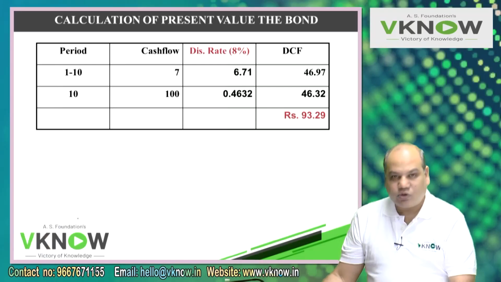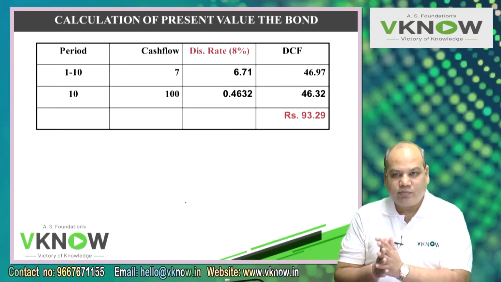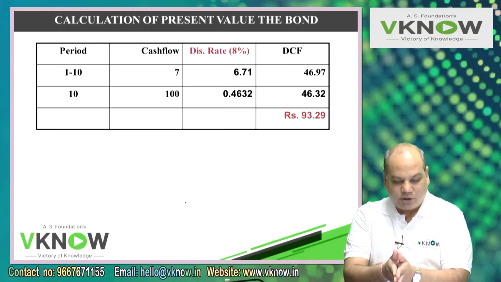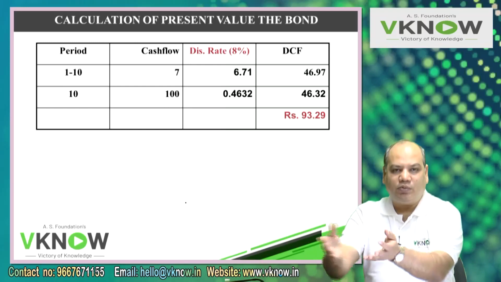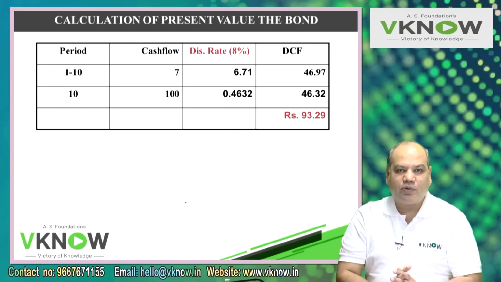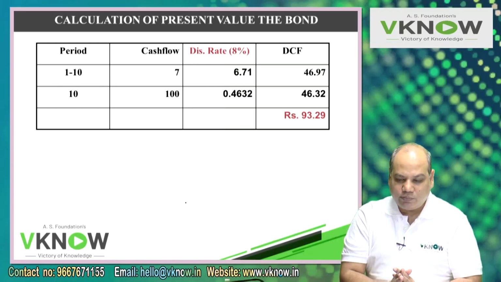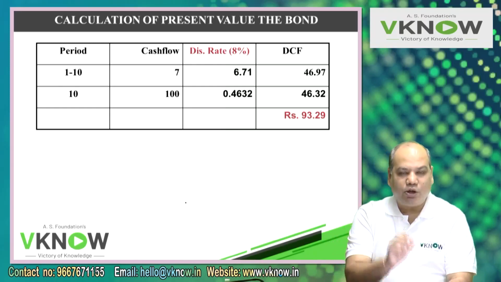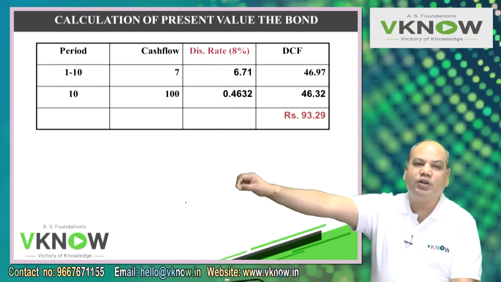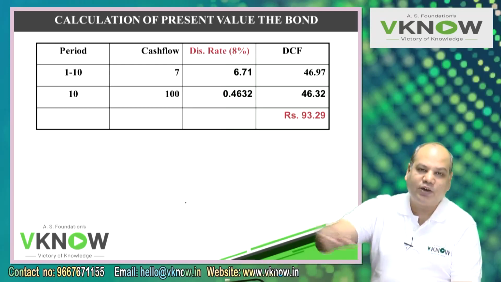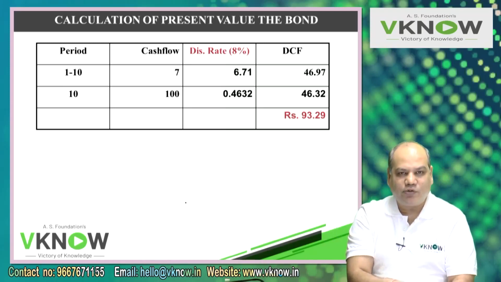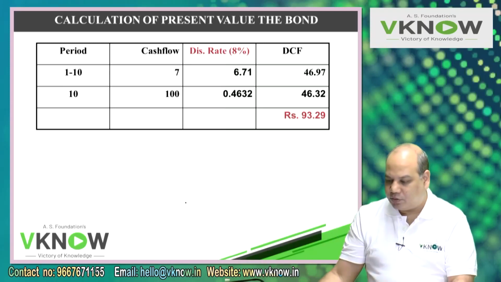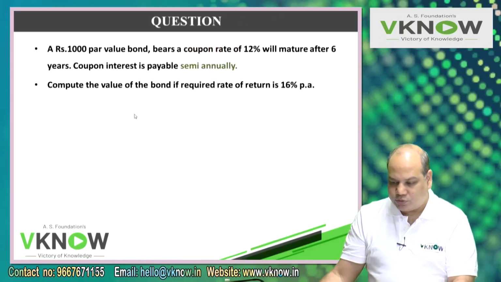So when the cash flows are being received after every 6 months, all the interest rates mentioned in this question right now are per annum compounded semi-annually. In the time value of money chapter, we have learned how to convert semi-annual compounding into its effective interest rate per annum. So first you compute the effective rate of interest per annum, and then you can use 5 years in your calculation. But I will prefer this way only in all subsequent questions. That was just to convince you.